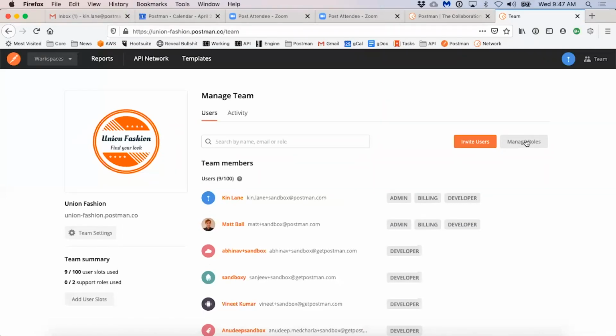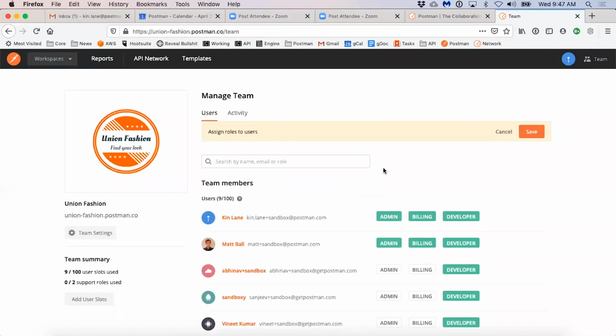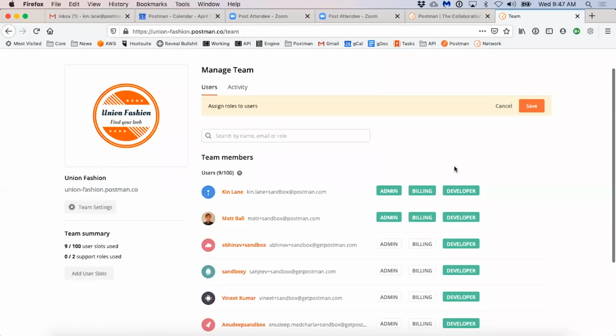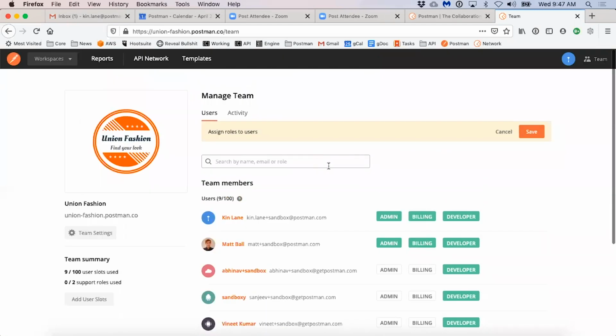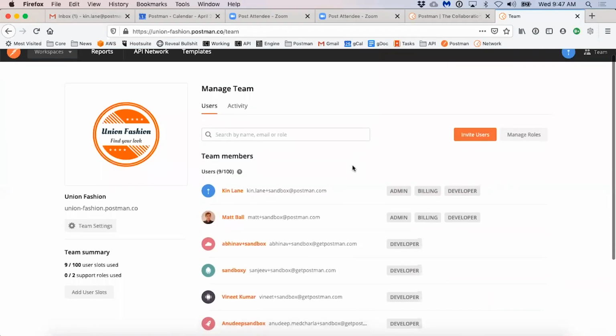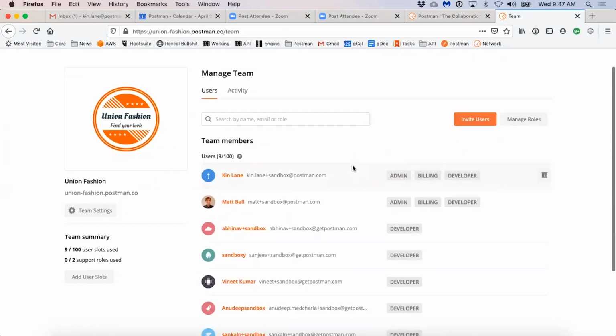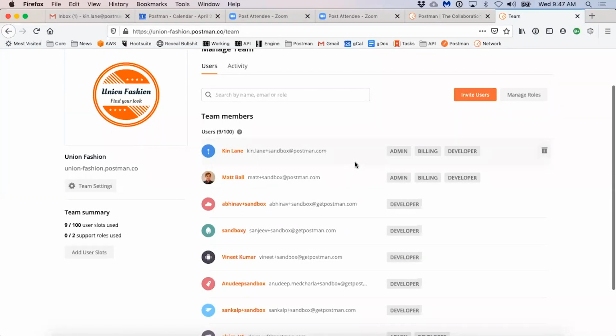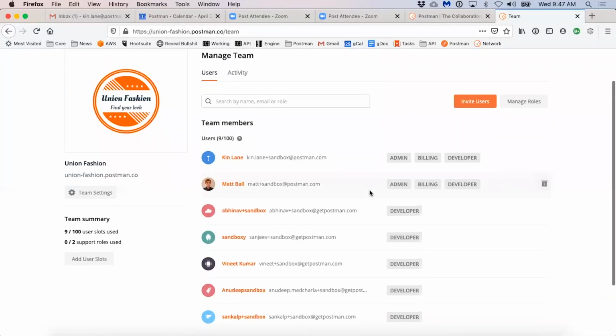Jeff can also manage the roles for those users, getting in and actually defining who's a developer, who's an administrator, and what they should be doing when they're in Postman working on different APIs. Jeff can invite all the team members that he wants and make sure everyone has the access they need to do what they need to do. And at any point, Jeff can audit this, remove users, add new users, and keep the team in check, making sure everyone has access to what they need and is doing what they should be doing.